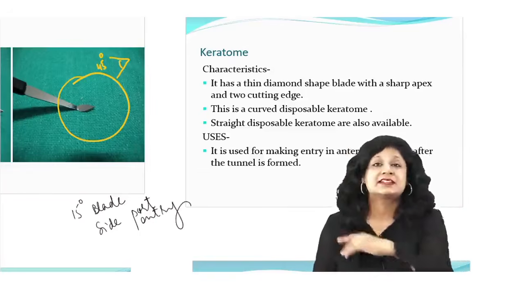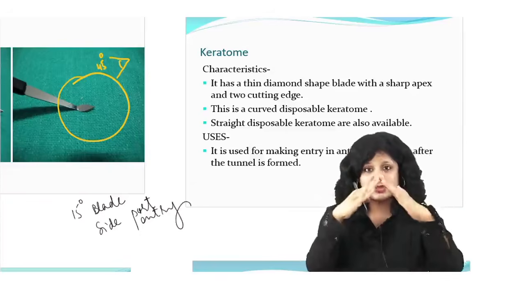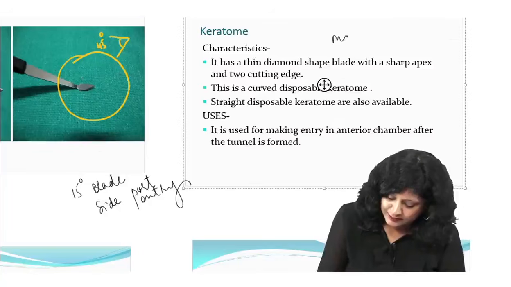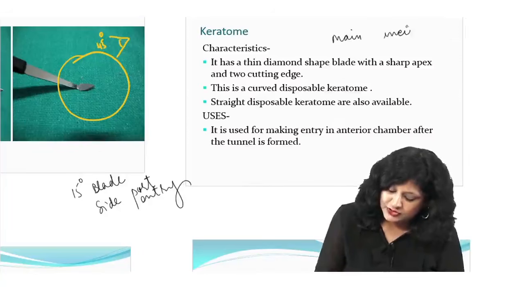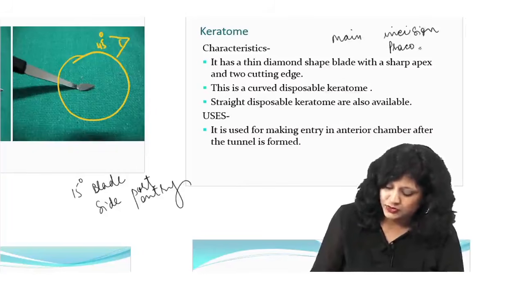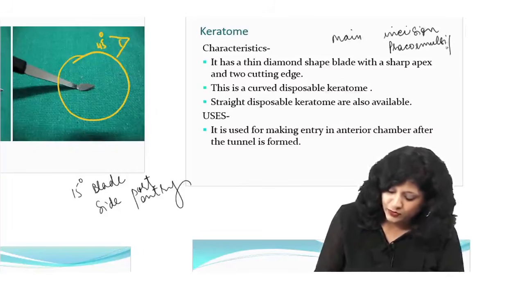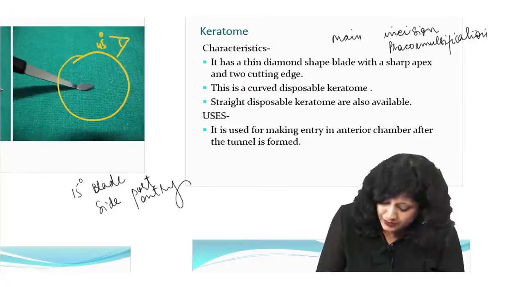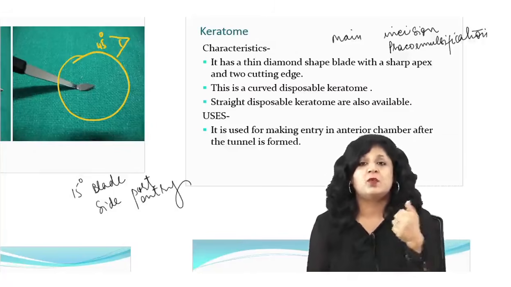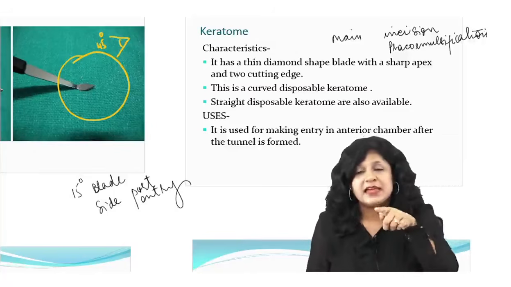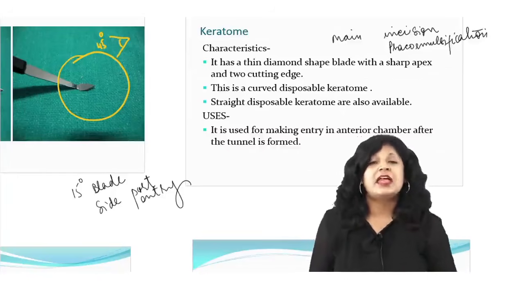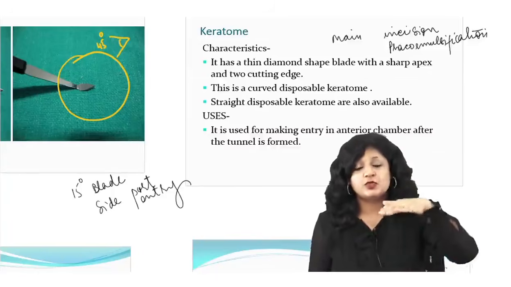This is called the keratome, the diamond shaped blade, and this is for the main incision, especially when we are doing phacoemulsification. So this is a curved, diamond shaped keratome, and what is the main use? Main use is when you are making the main incision, especially in cases of phacoemulsification, and after you have made that incision